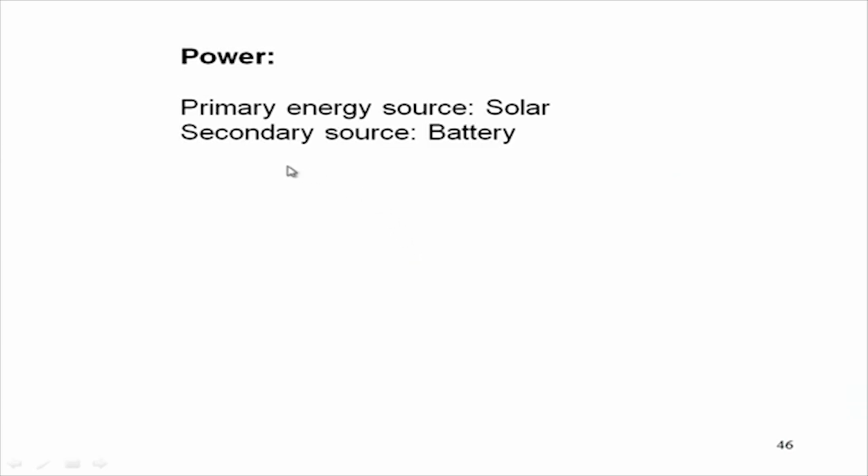Let us go into another very important subsystem, which is power. Now, power in case of satellite will have, typical satellites will have two types of sources. One is the solar power, what we take. Another is when sun is not available, that is when satellite is under the shadow of earth, it is the battery power that will support, which we will call secondary power. This solar power will charge the battery. So, we will try to see how we can generate the solar power and what is the size of the solar panel, etc.